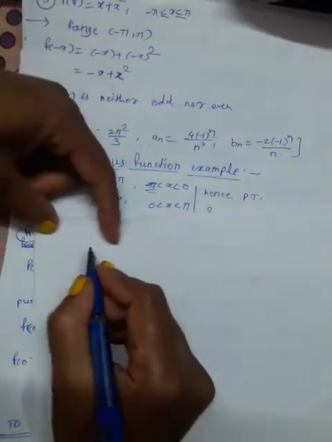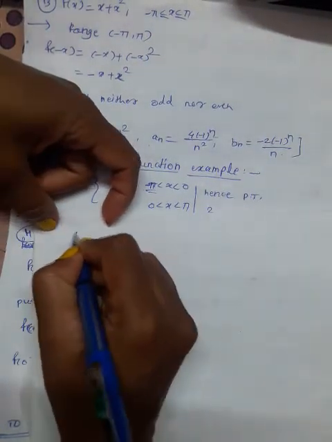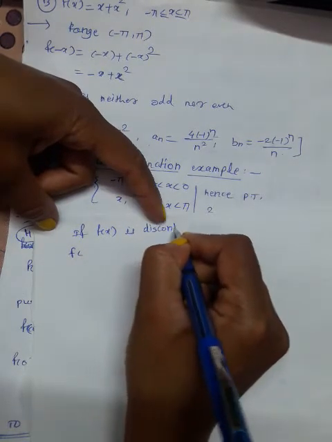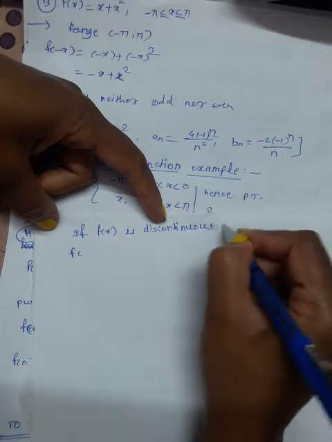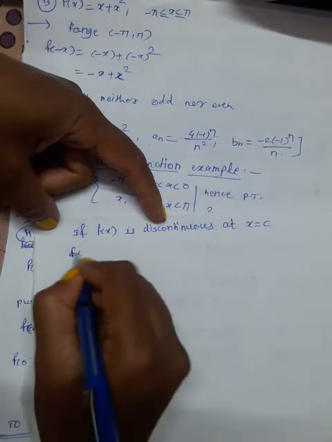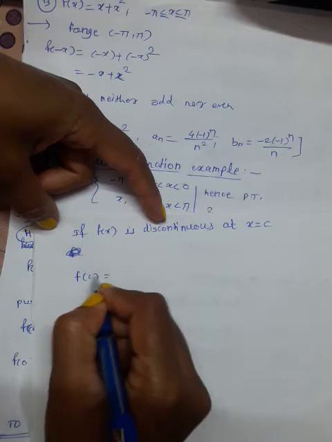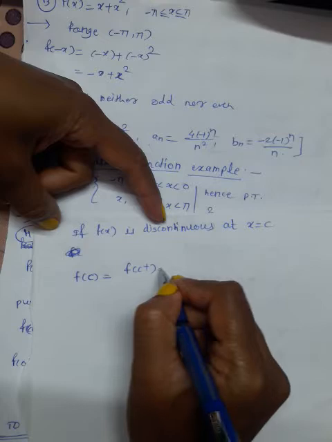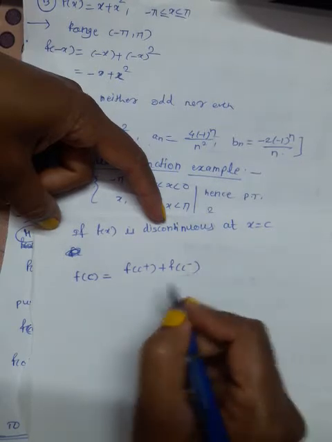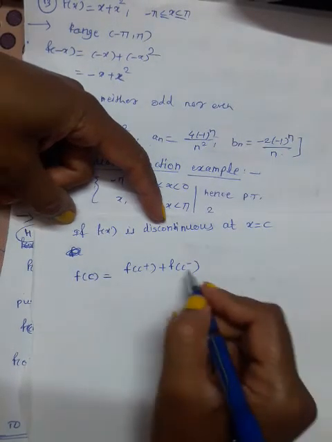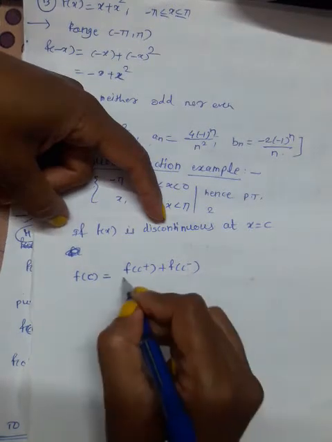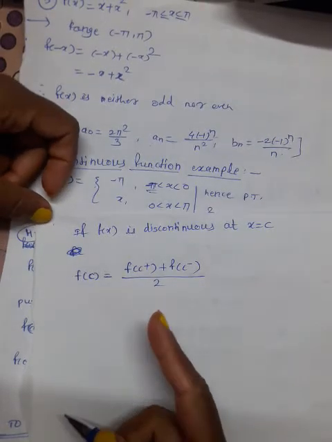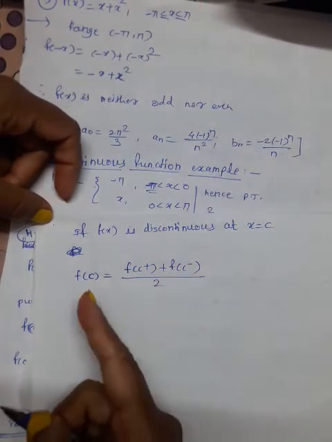what is f of c, if f(x) is discontinuous at x equal to c, and if you want to calculate f of c, then the formula is f of c plus, the value of the function in the positive interval, plus f of c minus, the value of the function at c in the negative interval, divided by 2. This is the formula for